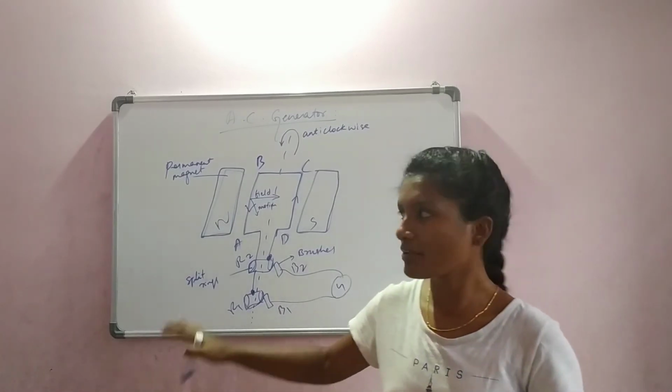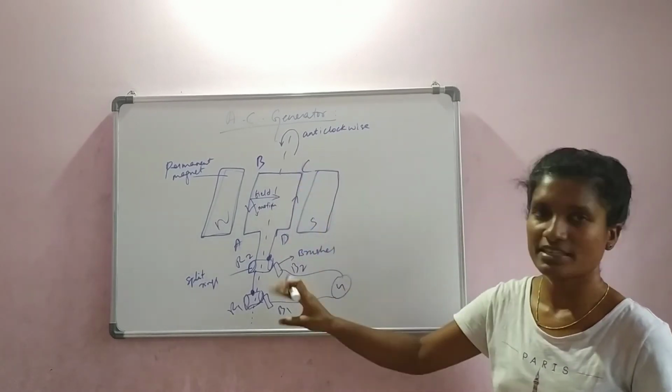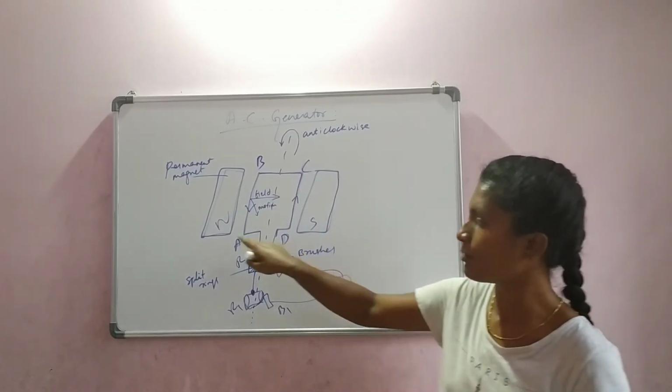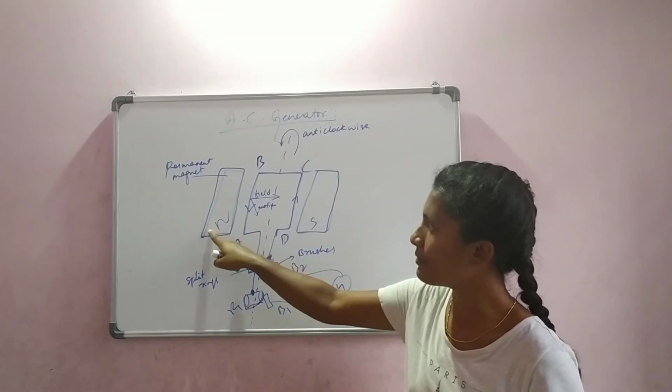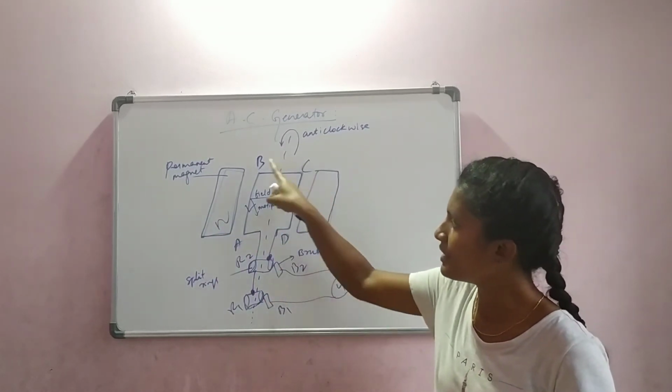So we were discussing about the AC generator. So this is the diagram, how to set it up. Let me explain each component. These are the two permanent magnets with north and south pole given here, and in the middle we have